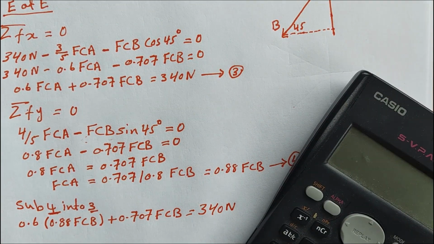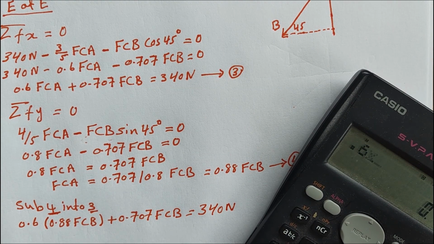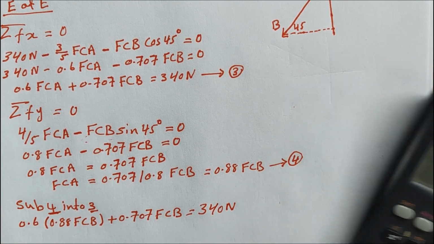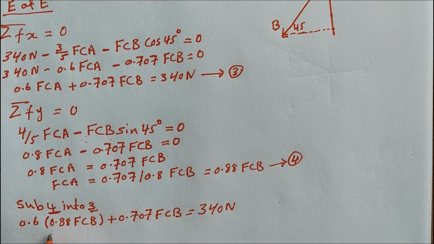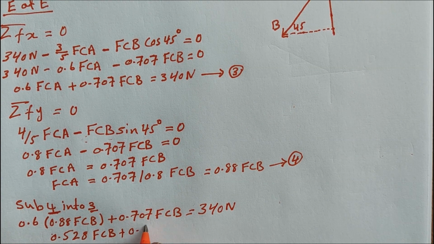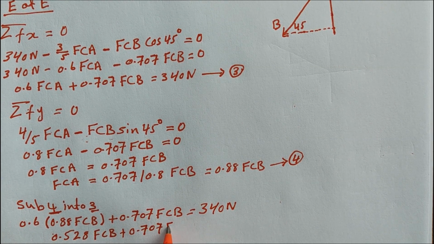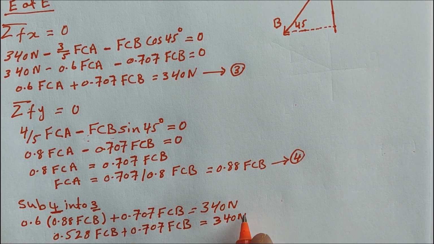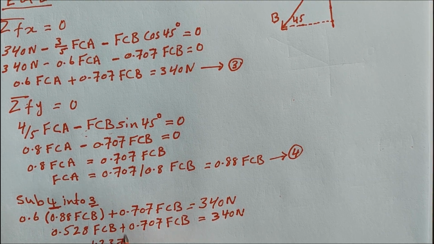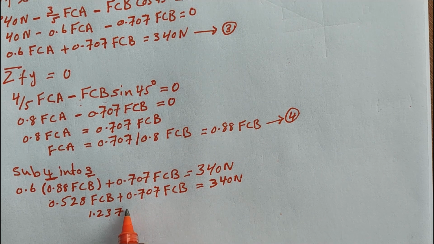Let's do that on the calculator. 0.6 times 0.88, that would be 0.528 FCB plus 0.707 FCB, which equal to 340 Newton. So add them together and they should equal 1.237 FCB